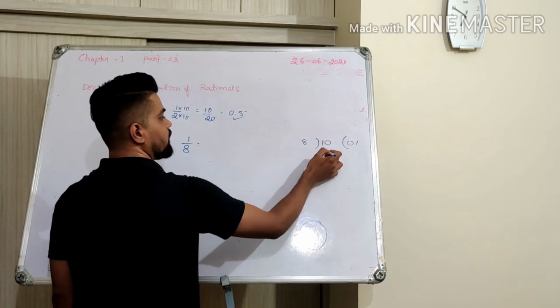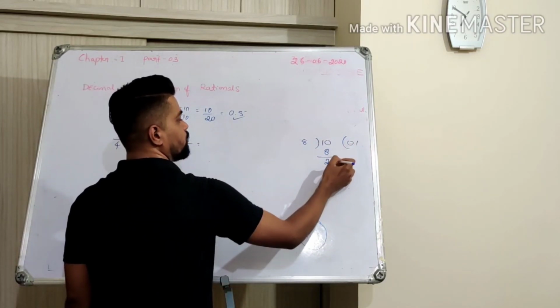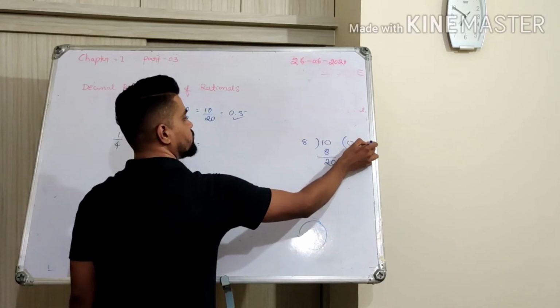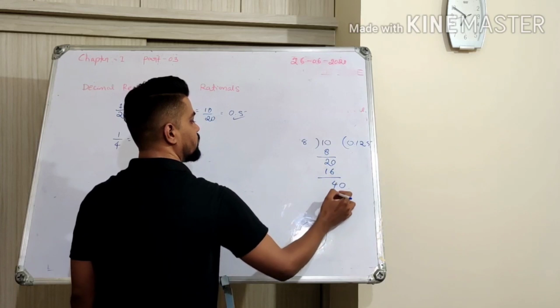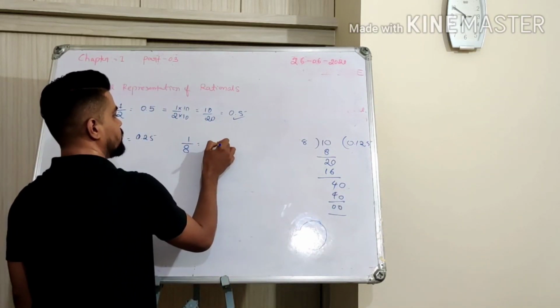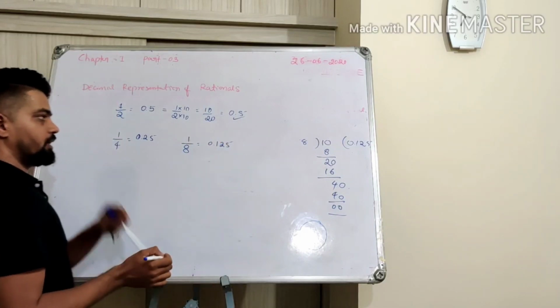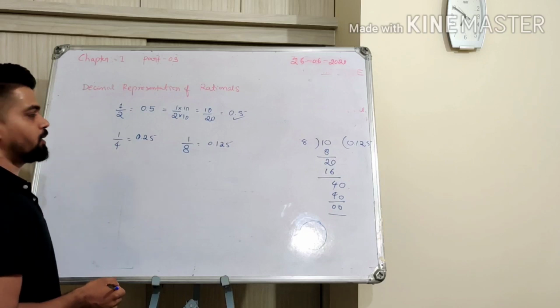So it's 1 by 8. I have decimal 2 here. Again I will go for one more 0 and then 8 2s are 16, end up with 4. So 8 5s are 40, right? This is not a difficult thing. Once you understand, you can write it faster, right? So 0.125 is the decimal representation of this number, okay?